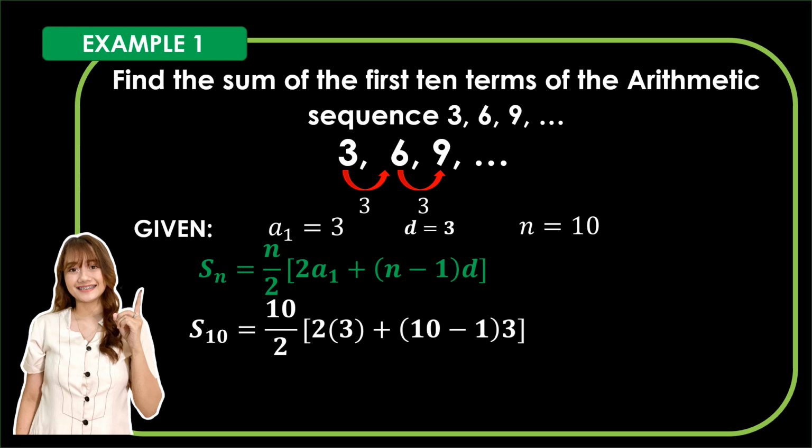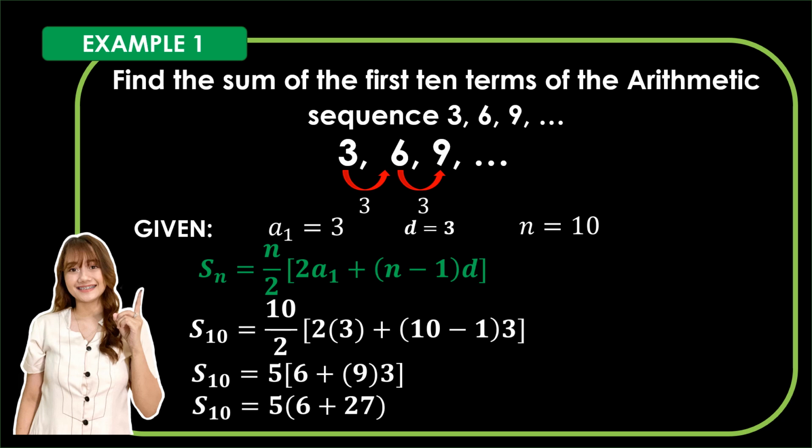Following the PEMDAS rule, subtract the terms inside the parentheses. We have S sub 10 is equal to 5 times 6 plus 9 times 3. Multiply the terms inside the parentheses. We got